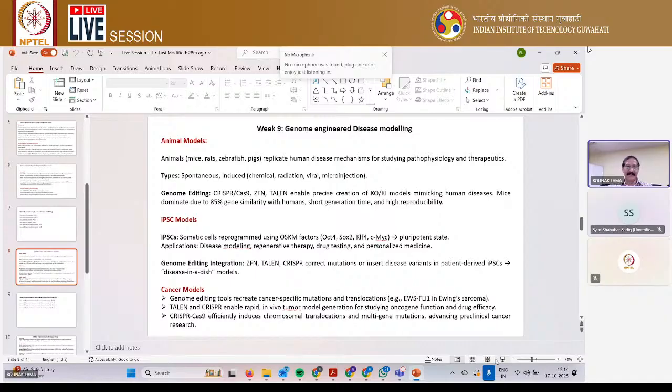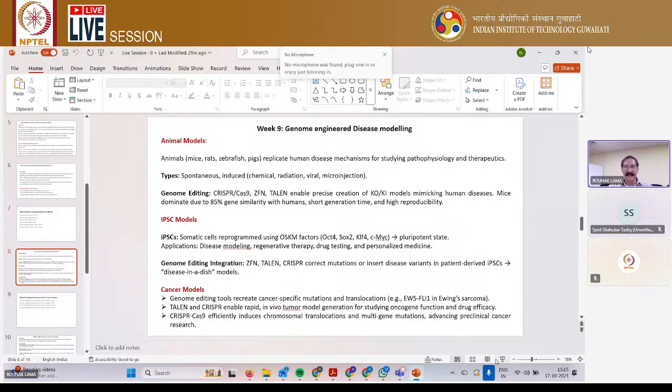So you may have different types of models created, which may be spontaneous or induced. For the induced models, we go for chemical, radiation, viral or microinjection methods. And then today we have the power of genome editing at hand,